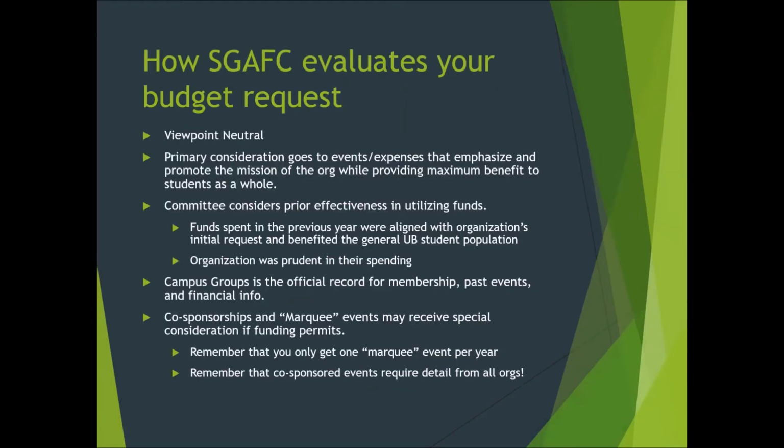SGAFC evaluates your request, along with the requests of all other student organizations, in a viewpoint-neutral manner. This means that the committee will not give preference to one group's mission, purpose, or viewpoint over another's when awarding funding. The committee works hard to provide similar levels of funding to similar requests across organizations. When the committee needs to make tough decisions, they start by funding the requests that both align with each group's mission